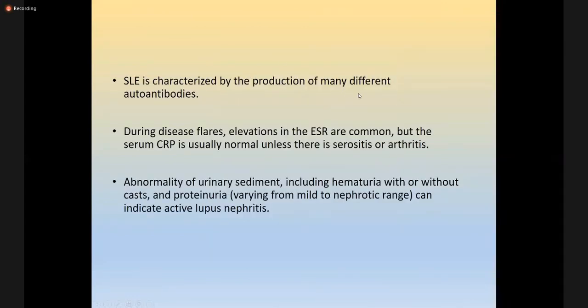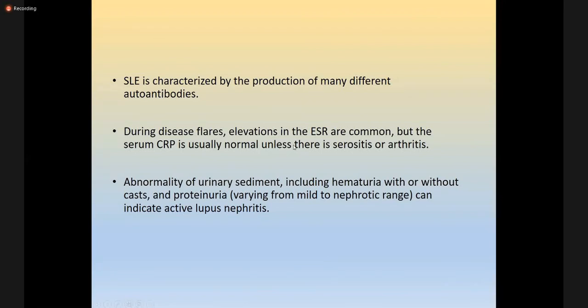It is characterized by the production of many different autoantibodies, and the disease usually comes in waxing and waning. Sometimes it's very active, causing different involvement in different parts of the body. Sometimes it's in remission. So in that case, how will you say that now the disease is very active? Based, first of all, on clinical findings. The patient usually won't have any symptoms, but in the lab, there may be elevation in the ESR.